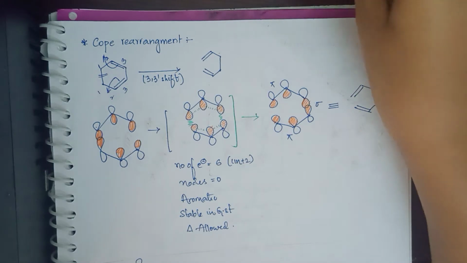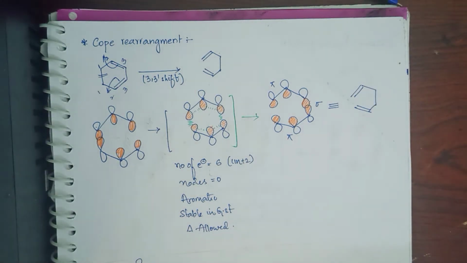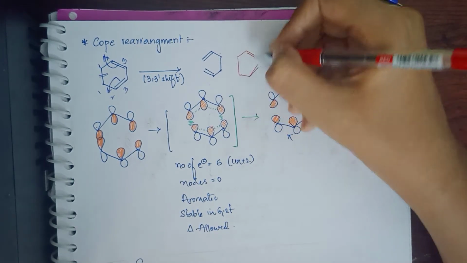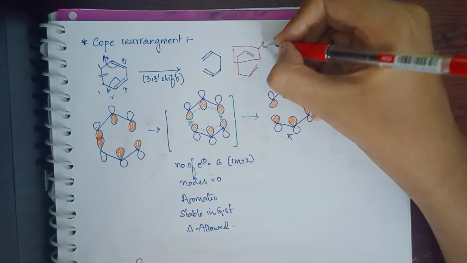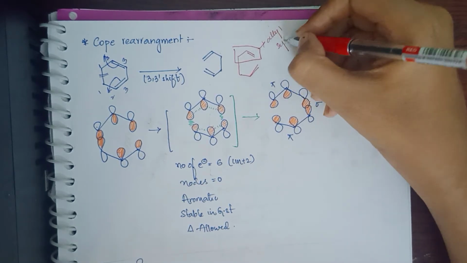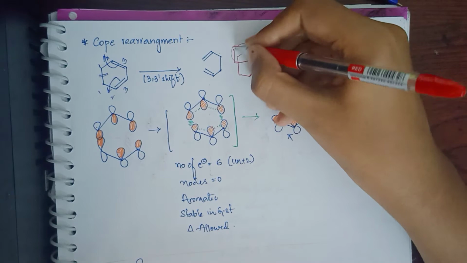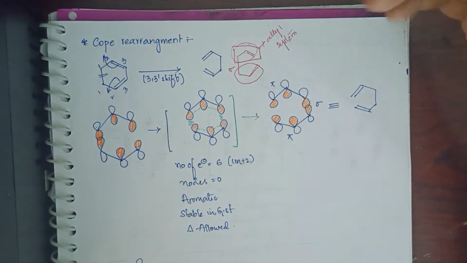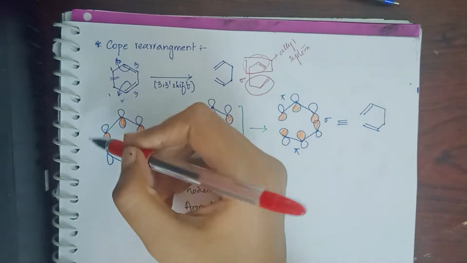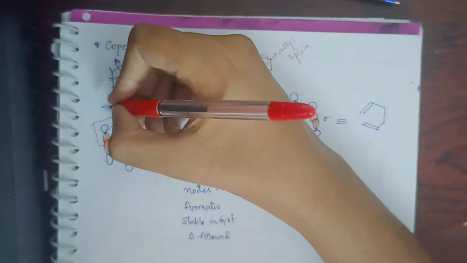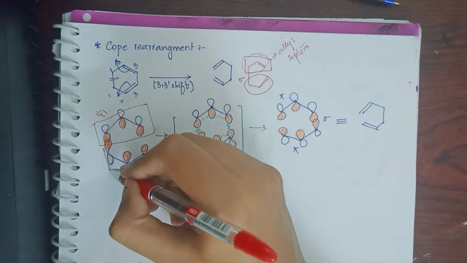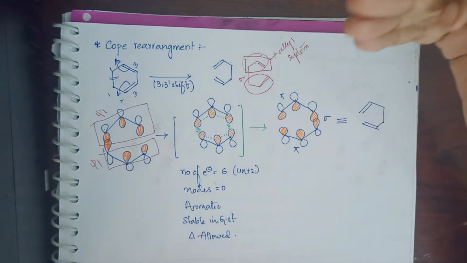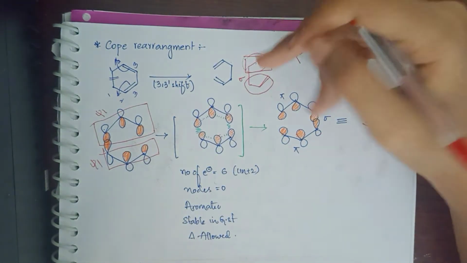If you take an example, before going to the Cope rearrangement, look at the starting material. Individually, does it resemble an allyl system? Individually it represents an allyl system, and here also there is one more allyl system. These two allyl systems are joined by a sigma bond. In this way I am taking the molecular orbitals. This is one allyl system, for which I am taking the Ψ1 orbital. Here also I am taking the other allyl system having Ψ1. Allyl is nothing but a 3-carbon system. We have already done the molecular orbitals. In the 1,3 shift you will have allyl only.